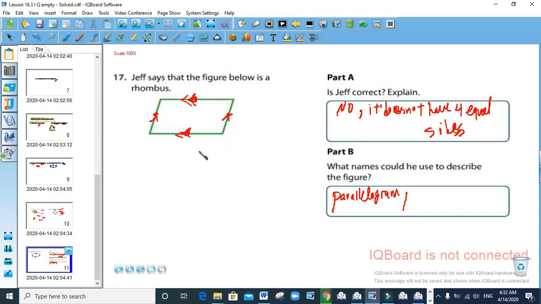So we have 2 pairs of parallel lines. Because of this, it's a parallelogram. And we can also name it a quadrilateral. Why is it a quadrilateral? Because it has 1, 2, 3, 4 sides. Any shape that has 4 sides, we can name a quadrilateral, and because it has 2 pairs of parallel lines,